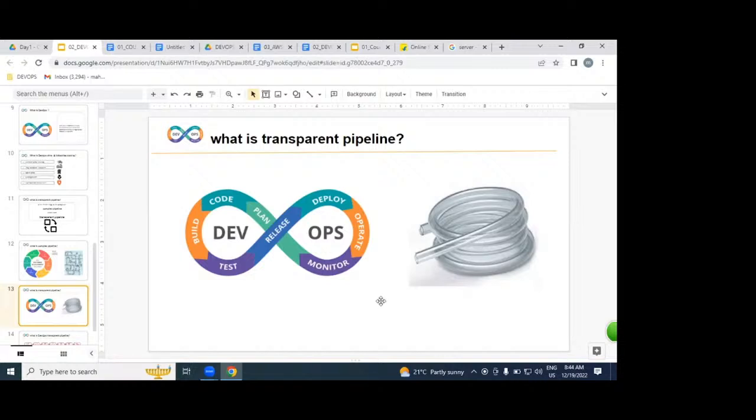Understood? Any issue in the middle, any problem, any blockage occurs. Can you see at one look itself in this transparent water pipeline exactly where the problem is, and resolve it as soon as possible or not? The same way in the DevOps process also. Because DevOps is an automated process. DevOps is a transparent process. In the middle, if you get any issue, any problem,